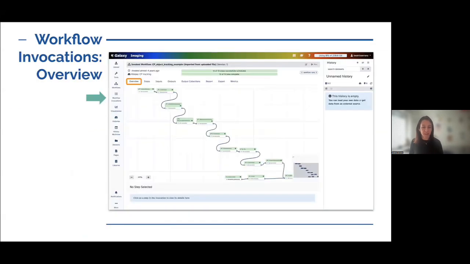Now, there's a new section from, I think, last year or so, that is the workflow invocations. And that's very interesting as well, because this keeps track of everything whenever you ran a workflow. And you see now that the boxes there that are representing it have a green header. And that means that the workflow went very well, that things were nice, and everything was as expected. Now, when you are doing this, you can see that some of them are red, for example, which means that this particular tool failed.